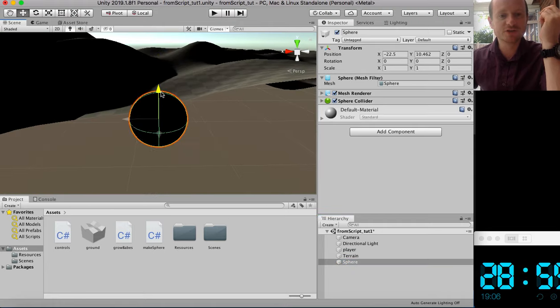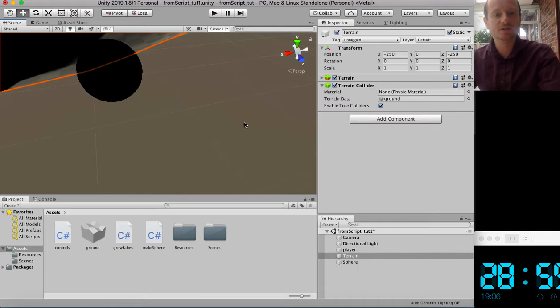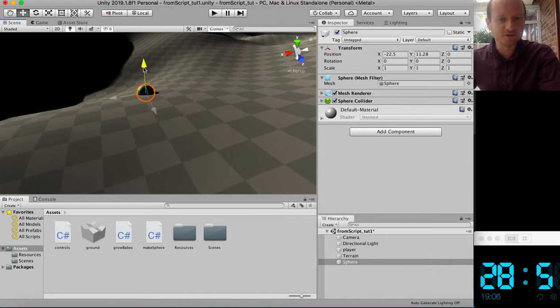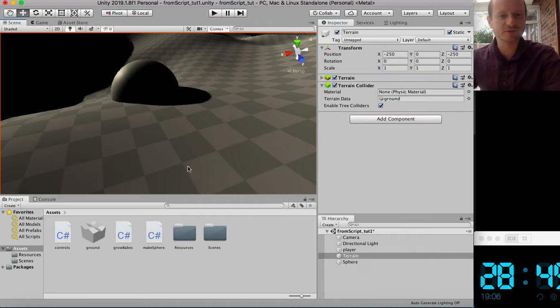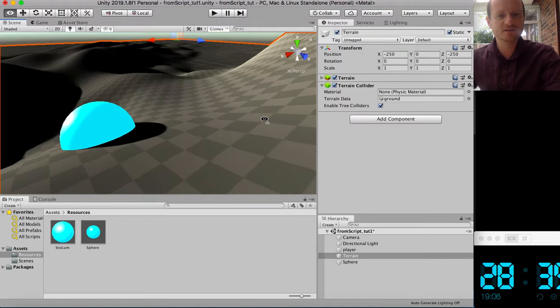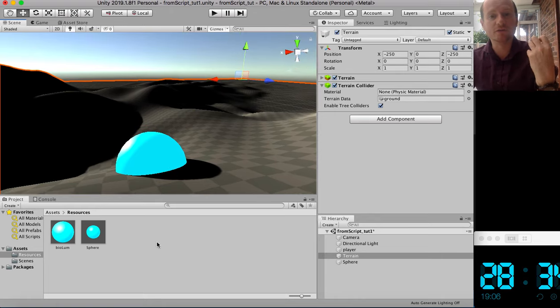And actually, we're not just going to change the color. I'm going to show you this time how to load a material. Right, I put it underneath. What am I doing? I put it underneath the floor. There we go. And we'll probably make this quadruple the size so that I can spot it. And I've already got some materials. Let's add that one. Okay, so we've got our sphere somewhere on the map, and if we get close to this, let's make the sphere go a different color and do it all by